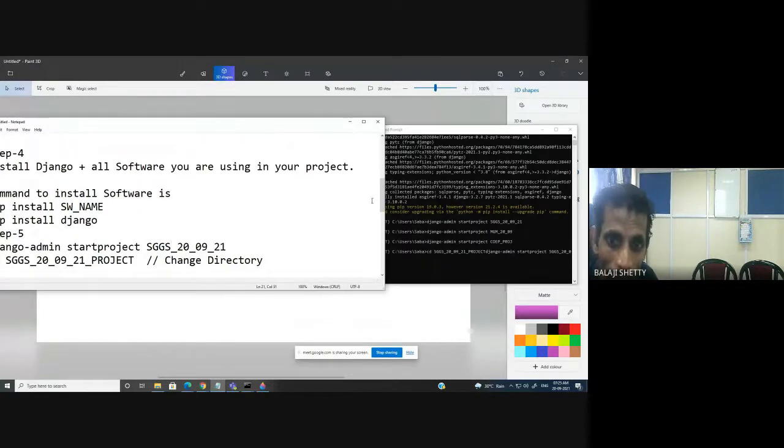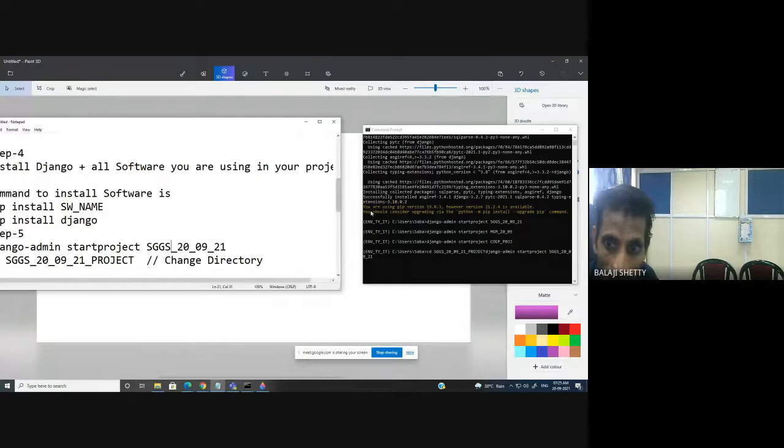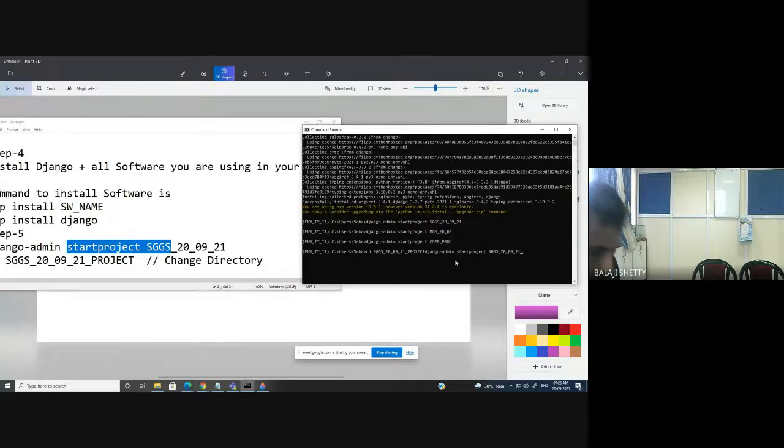Create the app. Now you can see here my current folder is C users, Saba, HGS.